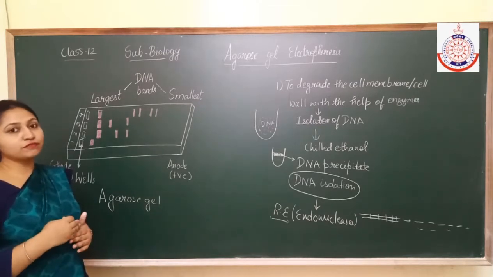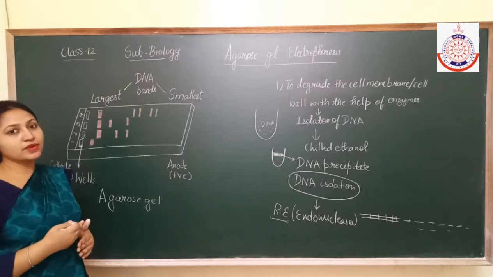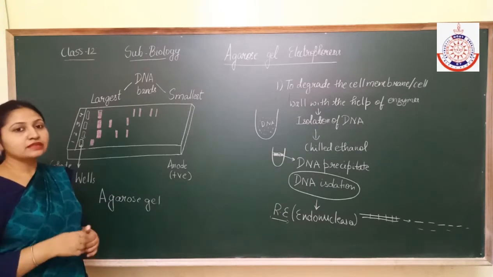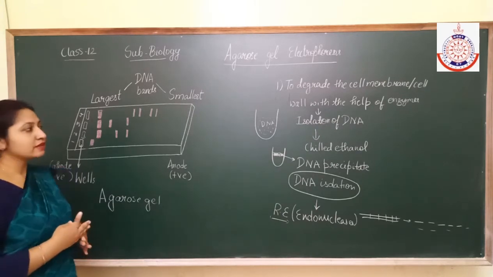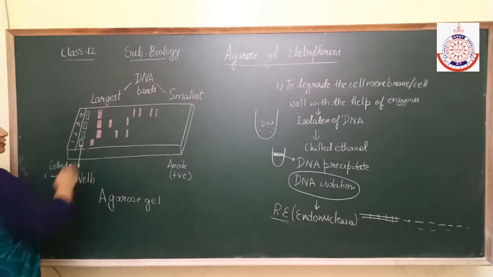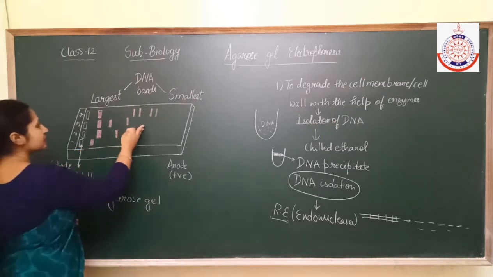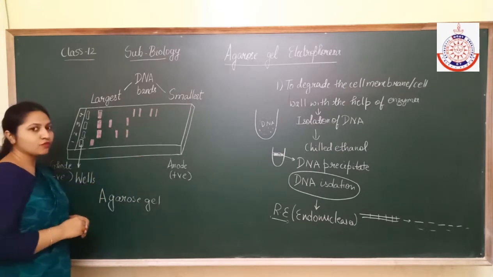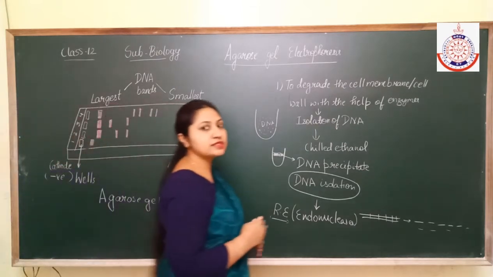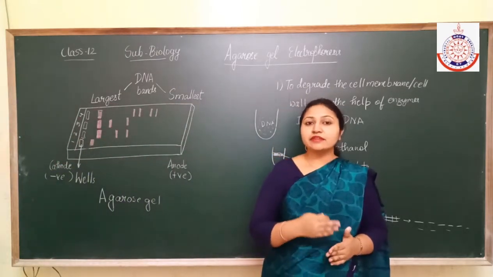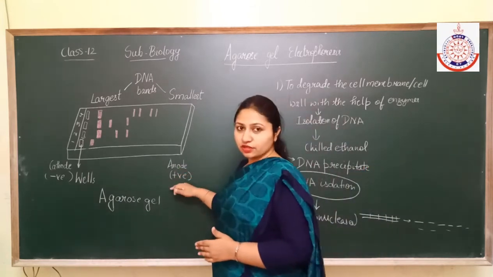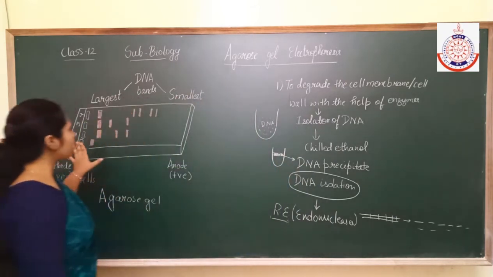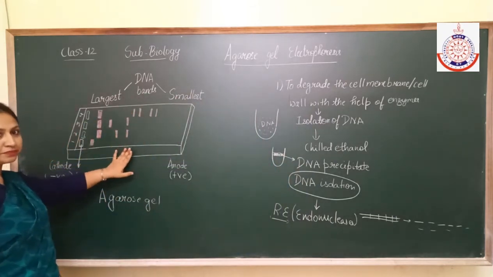So on the basis of the charge as well as the mass, they will get separated. The bigger DNA fragments are not able to move fast over the gel, and the smaller fragments will move fast. But why are they moving towards the anode region? What is the reason behind that? Because DNA is negatively charged and moves toward the positive charge. So on the basis of charge and mass, they will separate over the agarose gel plate.